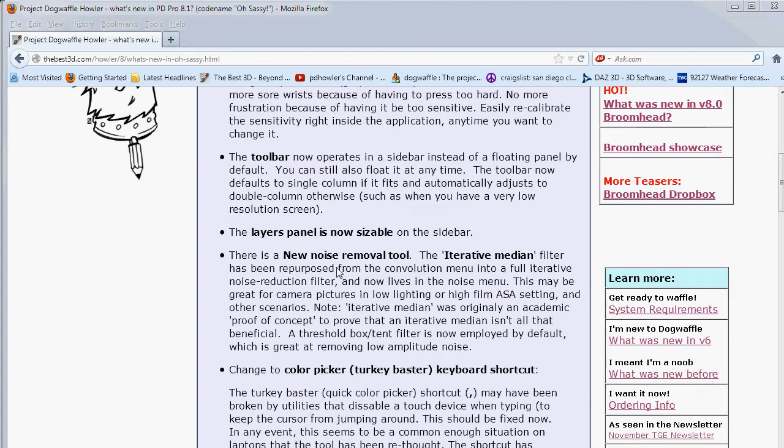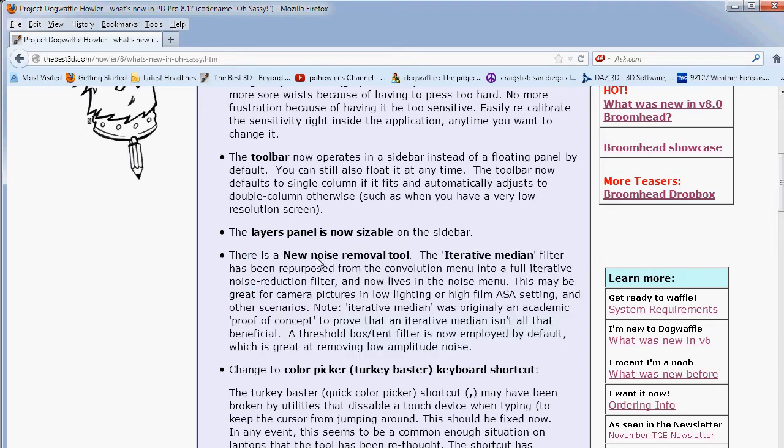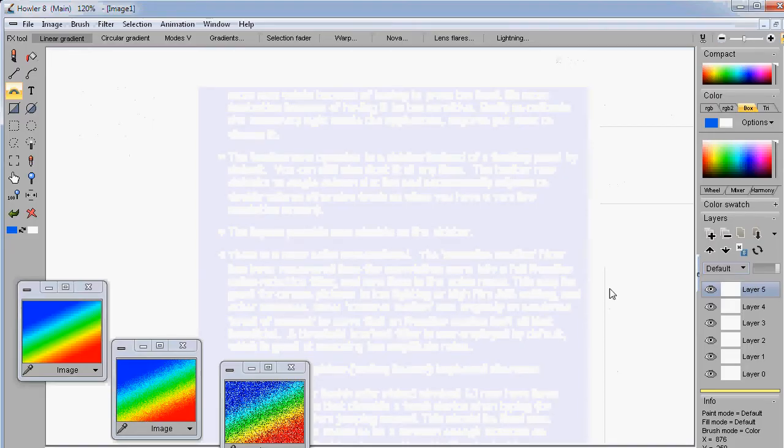Okay, and here's one more for this segment. This one is the new noise removal tool. So what's really interesting with this one is that you may have pictures perhaps from a digital camera that were taken under low lighting conditions, and as you may know, especially if you have high sensitivity ASA settings, it may be quite grainy and show a lot of noise. There may be other types of noise in that picture. And essentially what this filter will attempt to let you do is to fix that, and I want to demonstrate